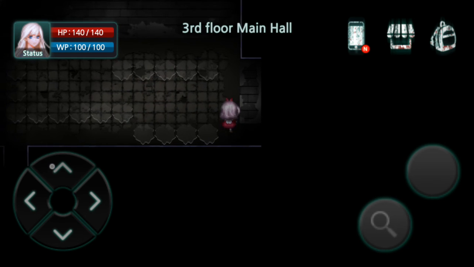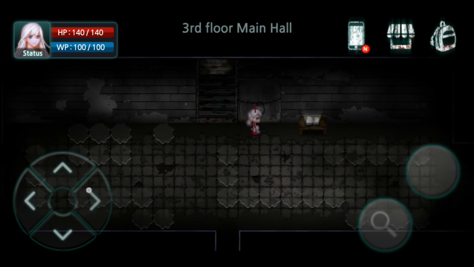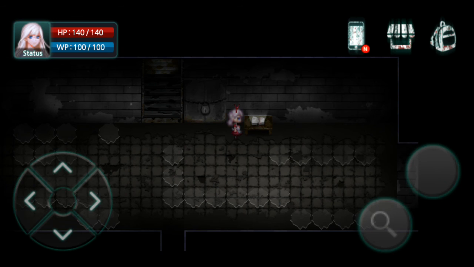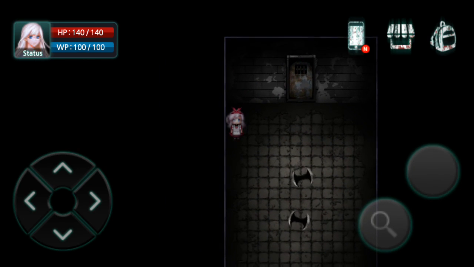Let me just run back to the stairs really fast so I can reset this guy. Alright, good. Let me save. Let's do file 5, and let's go to the projector room now. So this first ending, it is...